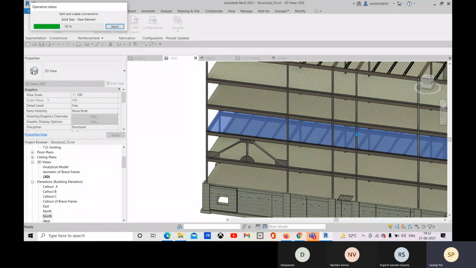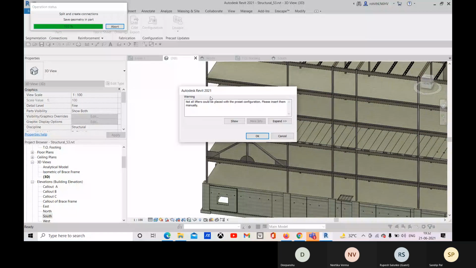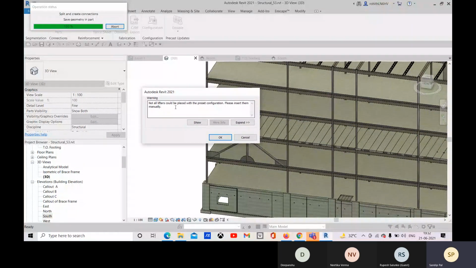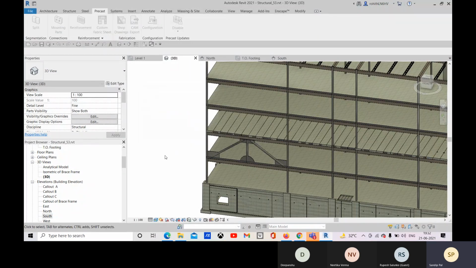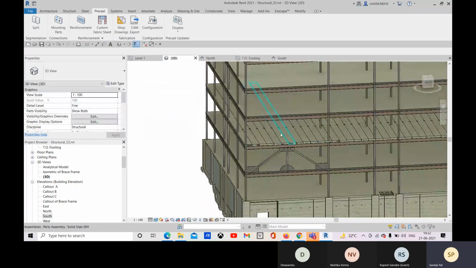Okay, as per this, not all lifters could be placed with the preset configuration. Please insert them manually. So all the lifters cannot be placed properly, so we can place them manually. That's what it's asking.